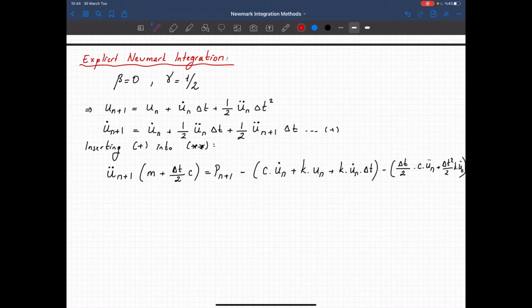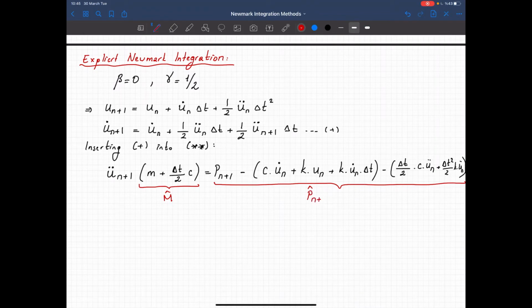And if you examine it, we can call this our m hat, and this will give us, everything is known on the right hand side, so this will give a new force vector. Let's call it p hat